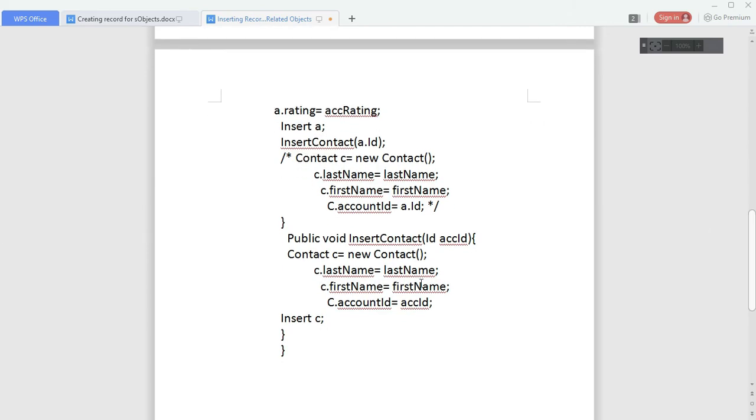In this class we'll insert the account and then insert the contact using two methods. First we'll declare it as a string. We'll take the name and rating for the account and the last name and first name for the contact as the input parameters.